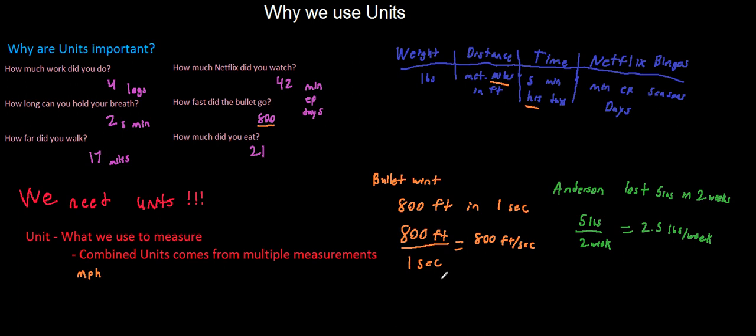And when you're combining units, you can make up your own. So let's look at an example of that. Let's say I watched 73 episodes of Dragon Ball Z in one day. Well, that is essentially saying that I watched 73 episodes per day, and we just invented a whole new unit. And that's why we use units, and how we use units, in a nutshell.